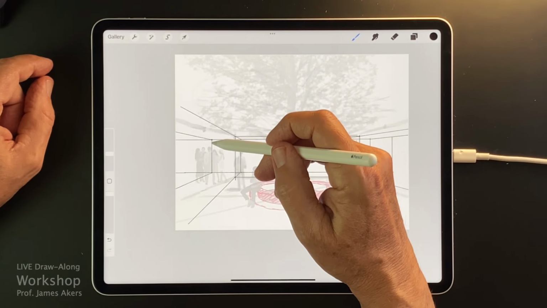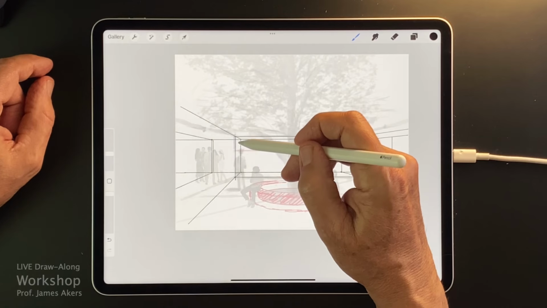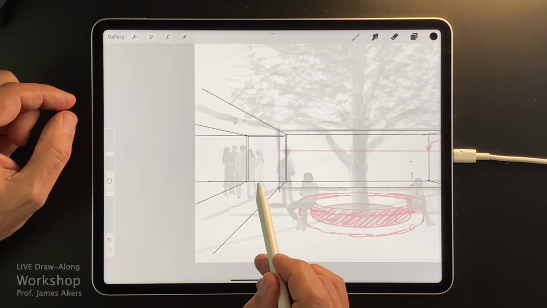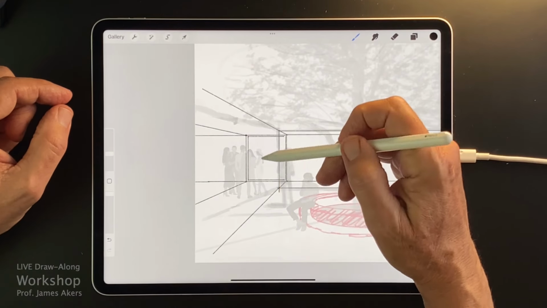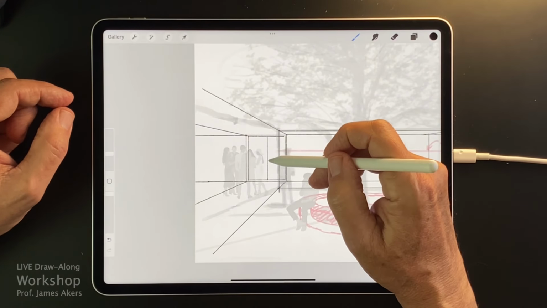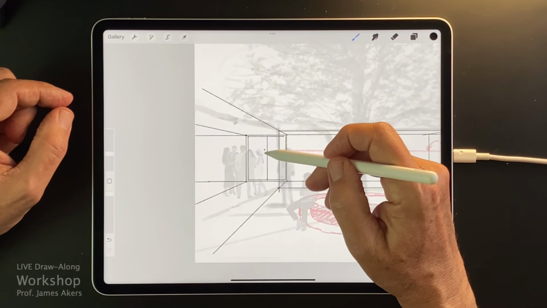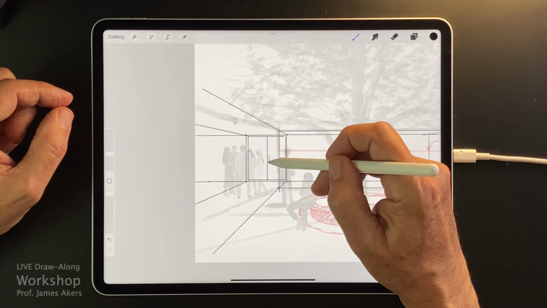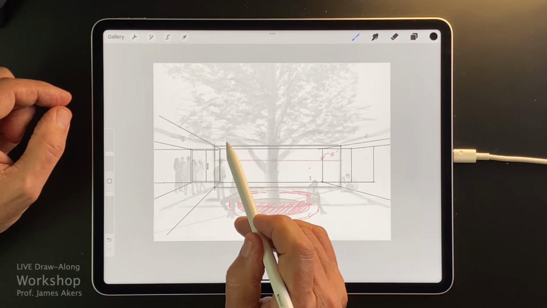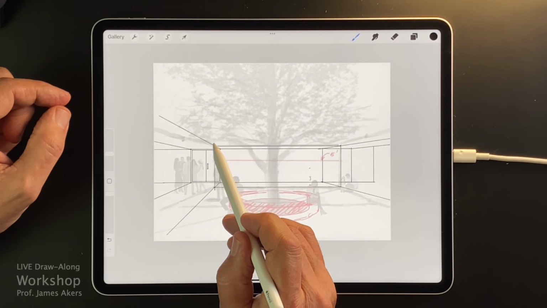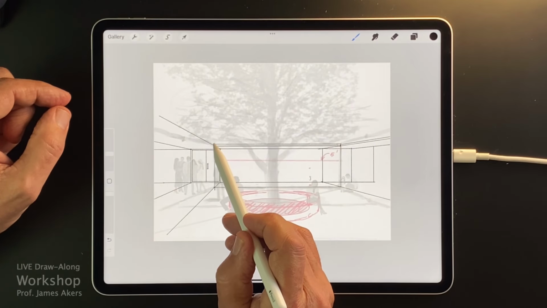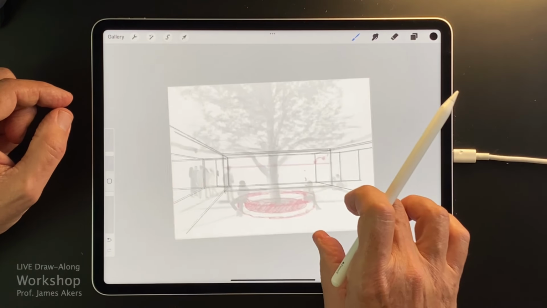And I'll throw in some, I'll make this a very modern opening with barely any profile at all. And we'll come over here, and maybe one side is a beautiful wood door and the other side is glass, and there's a modern handle on it. And let's see, I'll give this roof just a tiny bit of thickness and bring it up here.